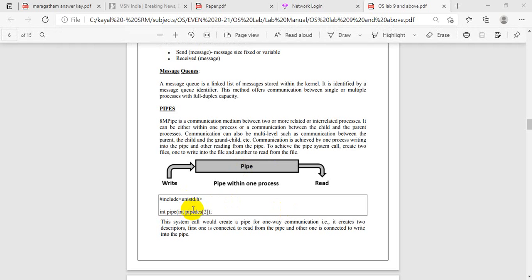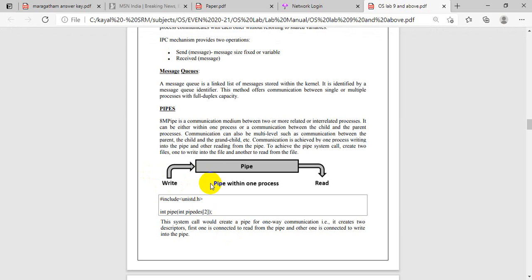So in general, let us consider the pipe. First, we need to make use of the pipe concept. The function here is pipe, and you need to create two pipes, so it should always be 2 in length. One is for the write, the other is for the read process.